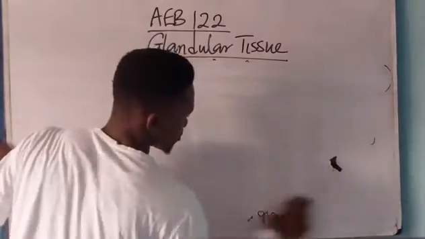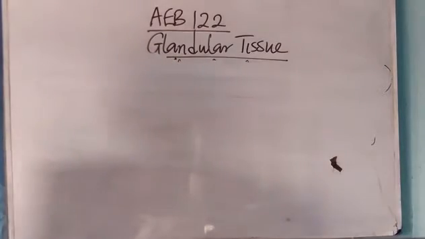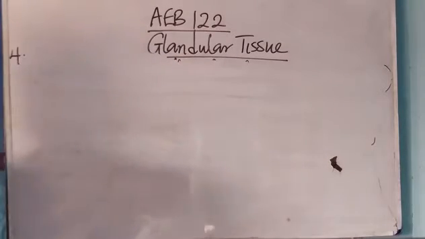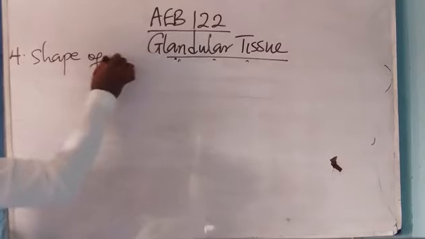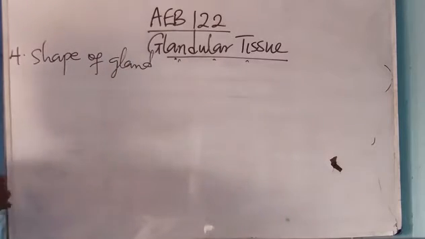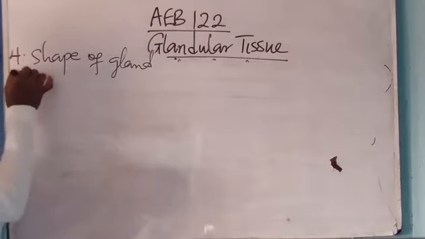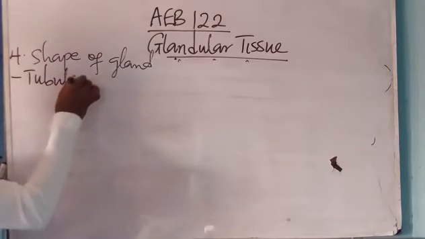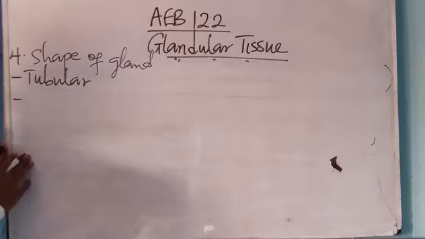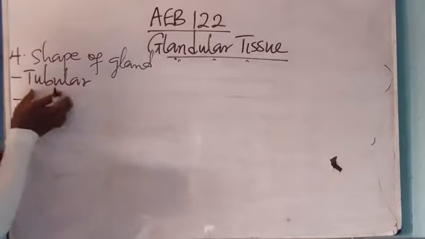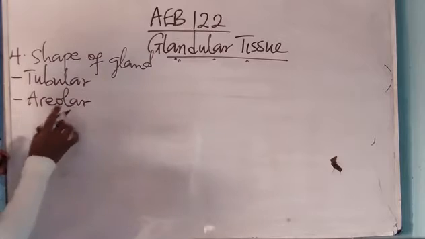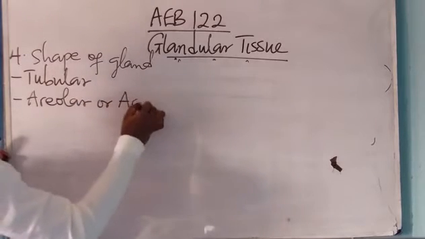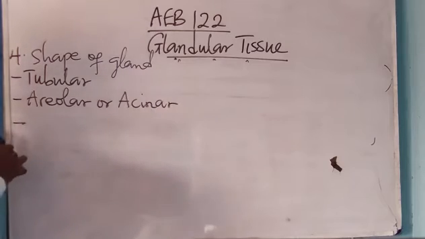The fourth criterion is shape. Shape of what? Gland. Under shape of gland, we have tubular. Under this shape, you have tubular, you have areola, which I can also call acina. And three, we have